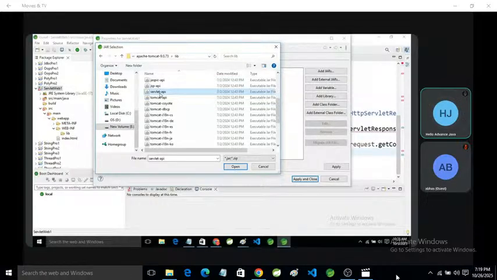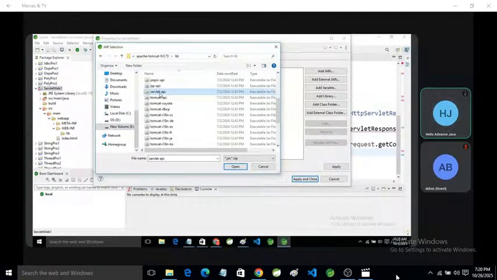If you are using Tomcat, Tomcat provides a file named Servlet API, and it will work as a compiler. But if you are using any other server like Jetty, JBoss, WebSphere, WebLogic, that server will provide a different file as a compiler.